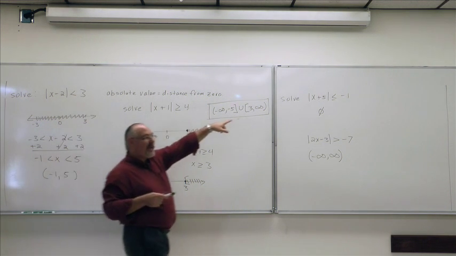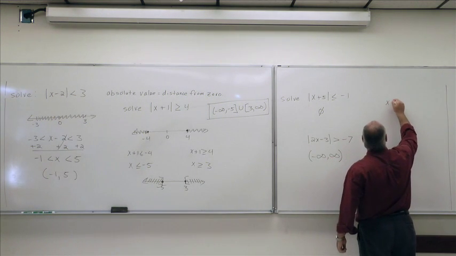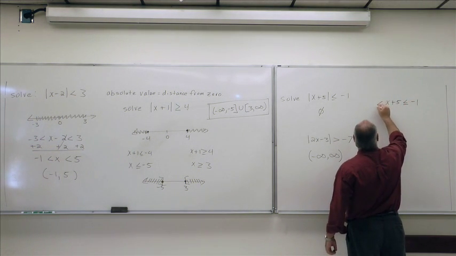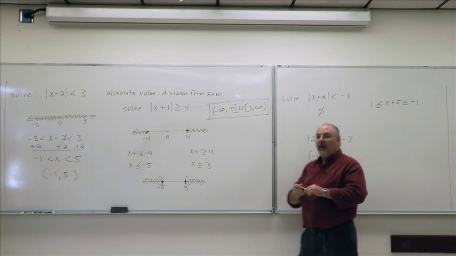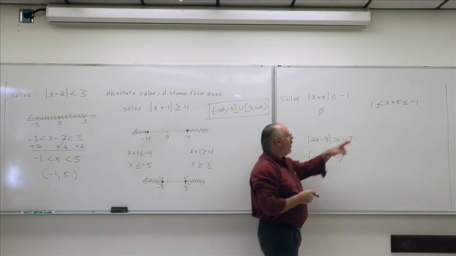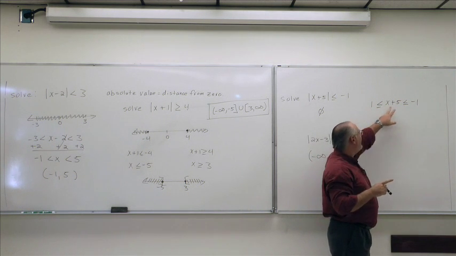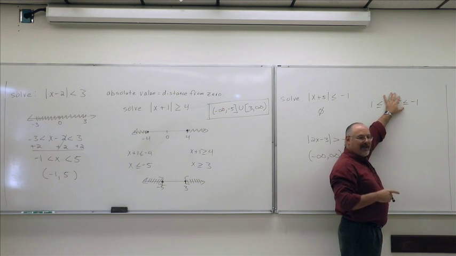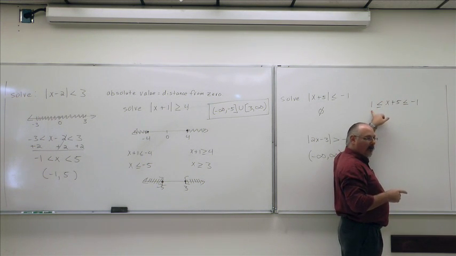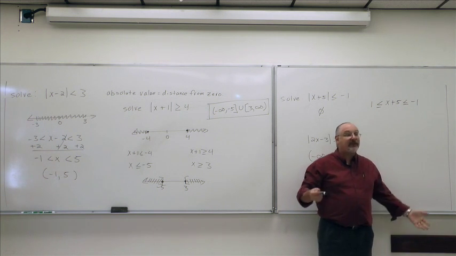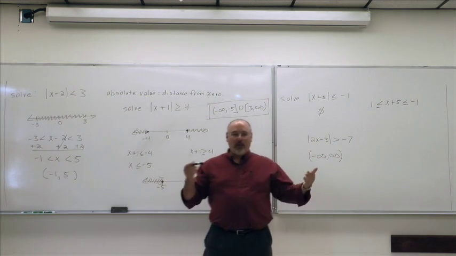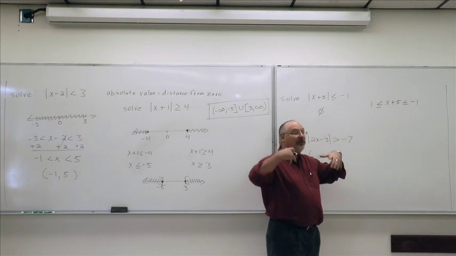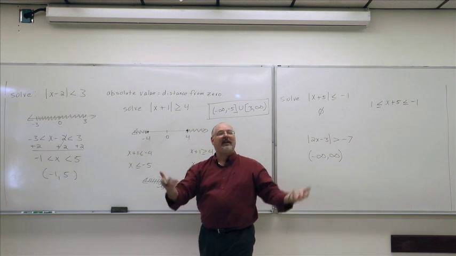The problem is if you do that here, and you say, okay, this is an x plus 5, and this is less than or equal to negative 1, and then the opposite here is going to be a positive 1. But look at what that says. Positive 1 is less than or equal to something which is less than or equal to negative 1. Well, ignore the middle part. What have you just said? That positive 1 is less than or equal to negative 1. That's false. All right? It's what we call a math contradiction. But the problem is you'll go ahead and solve that because you've just memorized a procedure without thinking about the